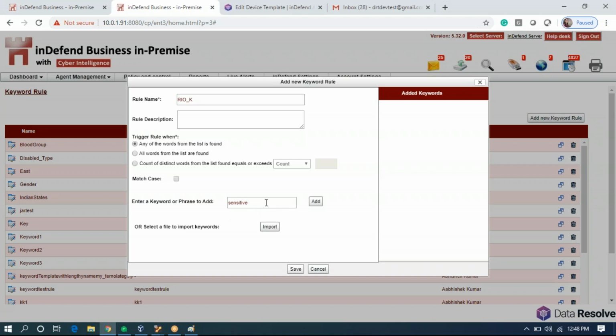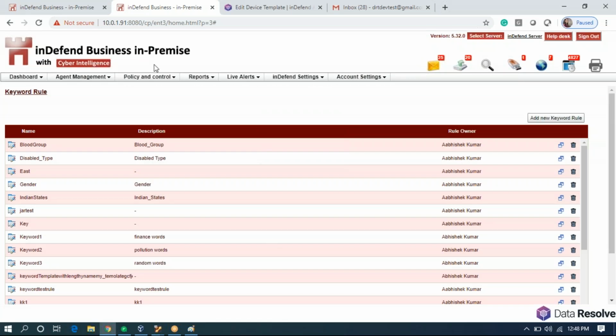I'll add sensitive keywords: security, confidential, right? And name of my rule is Rio_1. I will save this rule. So I have one keyword rule.